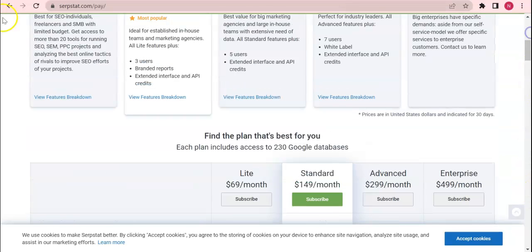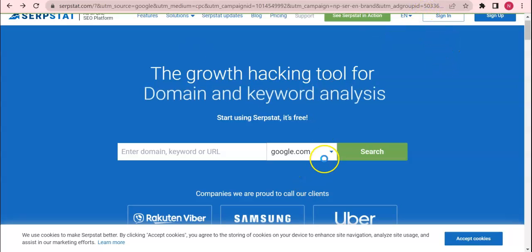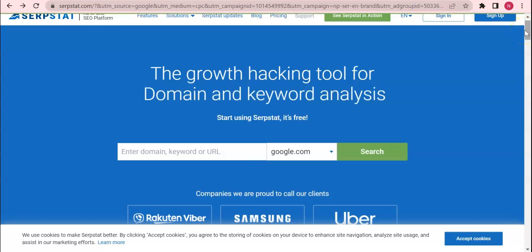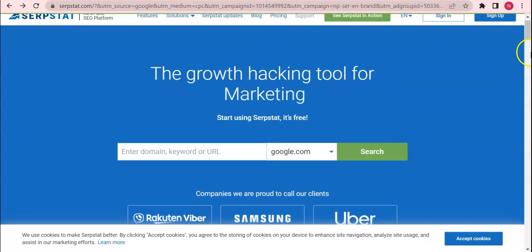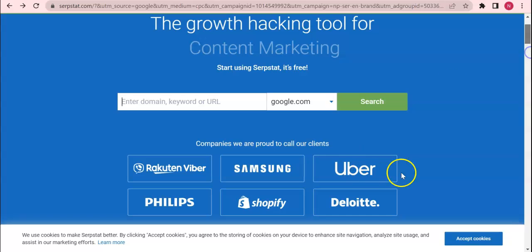So let's go back and just do a quick tour of their website. This is what you're going to see if you're not yet signed in. If you are signed in, then we're going to discuss that in a separate video, because you will be directed to a different page once you are signed in. So you won't be seeing this page anymore. So here,